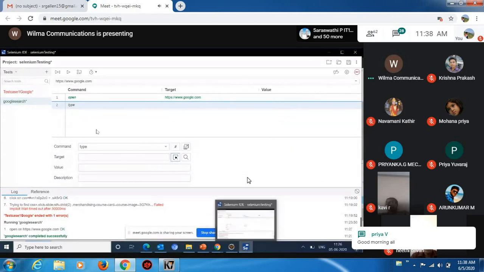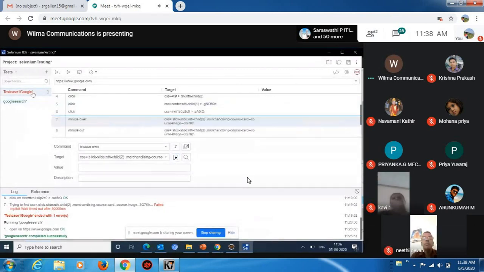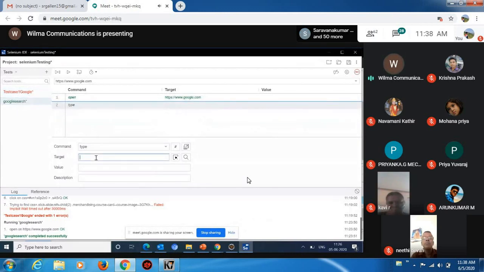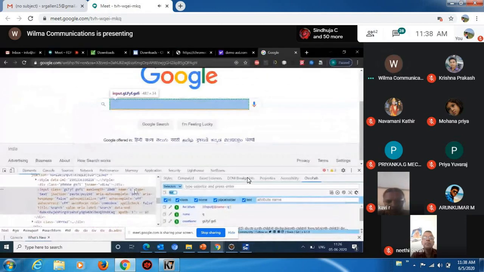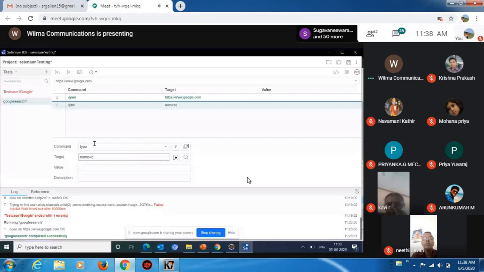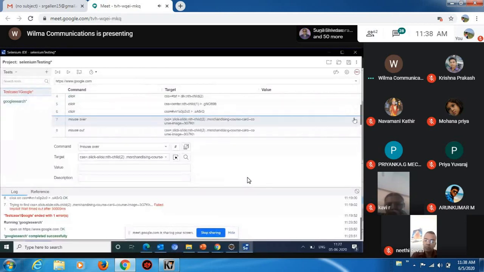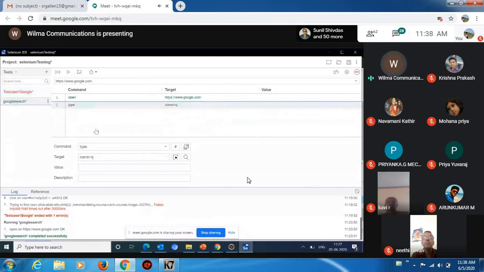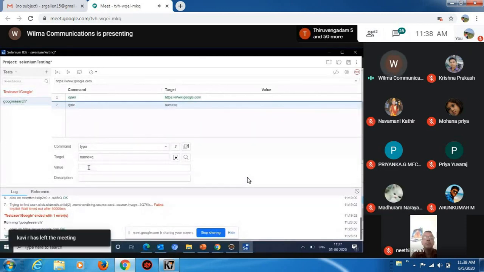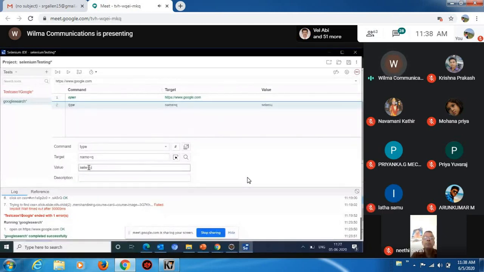Type name equal to, here you can see name equal to Q. And what is the value I'm going to pass? Let me take Selenium. So the command is I want to type where the target equals name equal to Q. I'm going to pass the value as Selenium.